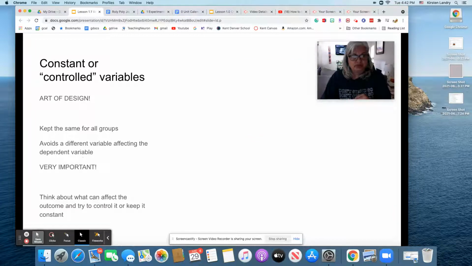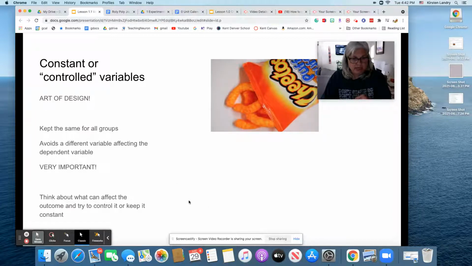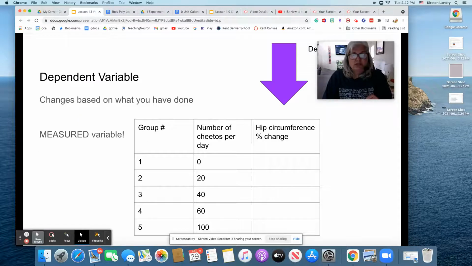So that is going to be, let me go back. Sorry, guys, hang on. That is going to be my dependent variable, this hip circumference. So remember, the number of Cheetos they ate per day is the independent variable. The amount of hip circumference change as a percent is the dependent variable because it depends on what I do